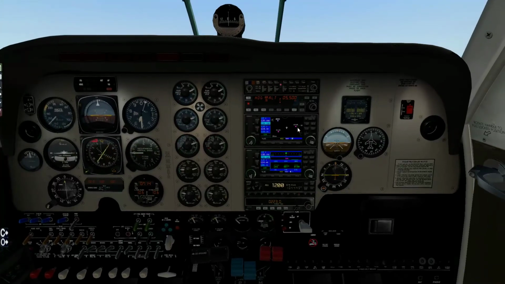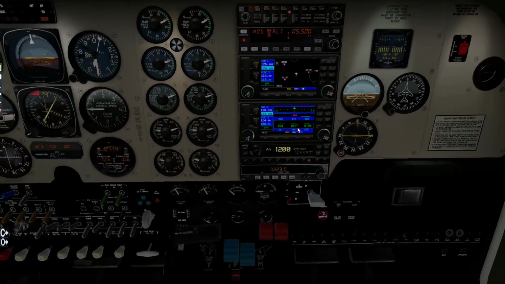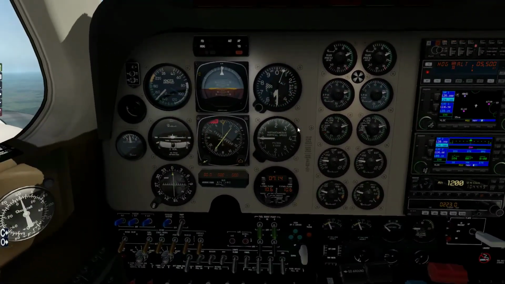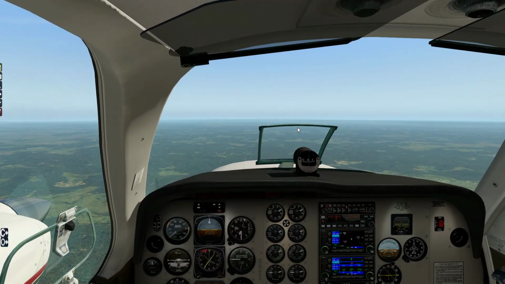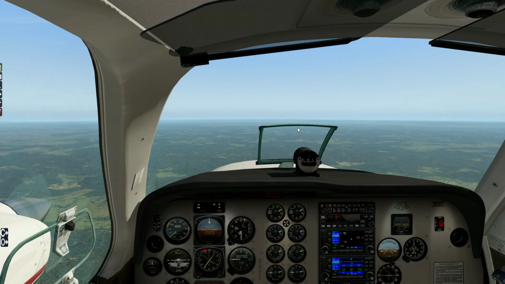The switches are memorized. It's plane specific, so every plane I go to, these controls still work the same way. They're memorized on the numpad and the buttons on the joystick. So I can just hop into any plane now and set these, and it'll use the same buttons, but the views can be different for every single plane. So I've really gotten a lot of mileage out of this